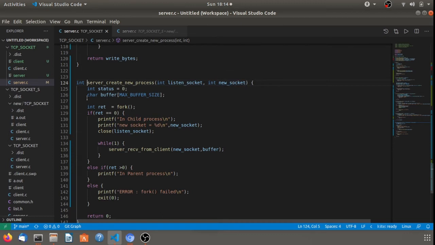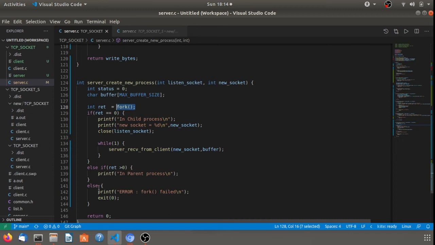Fork is a system call that helps in creating the child process from the parent process. If this fork system call returns 0, then it should be in a child process. If it is greater than 0, then it is in the parent process.